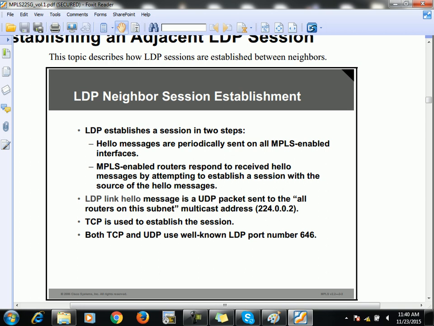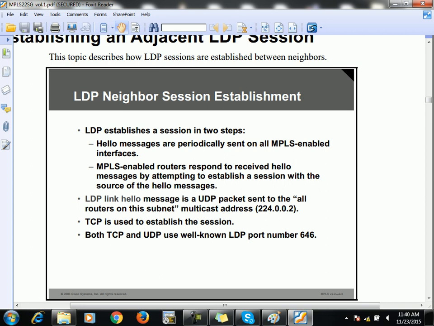This multicast address is not used by MPLS only. It is used by multiple applications, like HSRP also uses this same address, right? Even if you are using IGMP, then also it will be using the same multicast address, right? There are so many protocols which will be using the same multicast address. So whenever you need to send a packet towards all routers, you will be multicasting using this multicast address. That means it is for all.